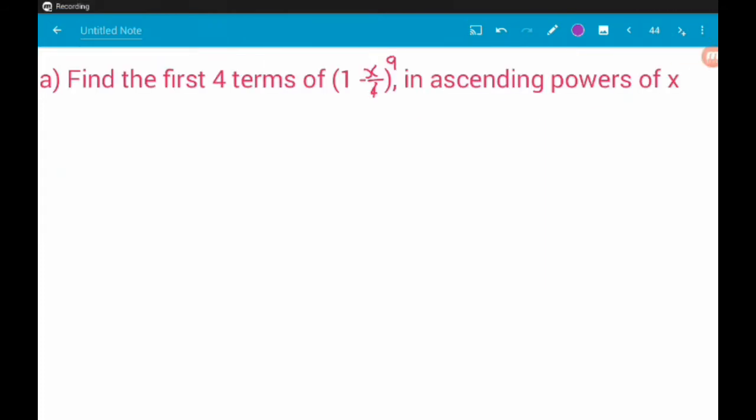Okay, for our last example then, we're going to look at one involving fractions. So again, we want to find the first four terms of 1 minus x over 4 to the power of 9 in ascending powers of x. So, be very careful here, we have a negative fraction. So, using the formula, we're going to have 1 plus 9 choose 1 lots of minus x over 4,